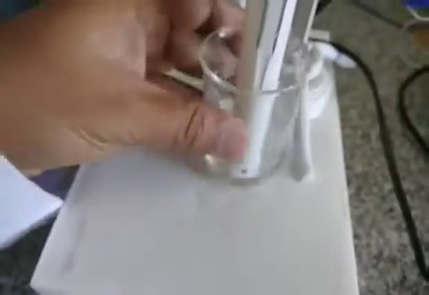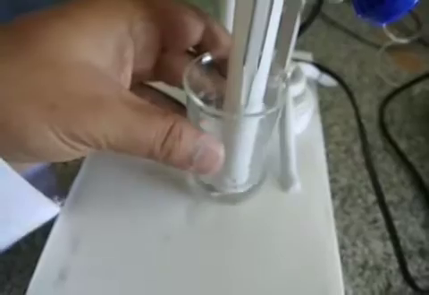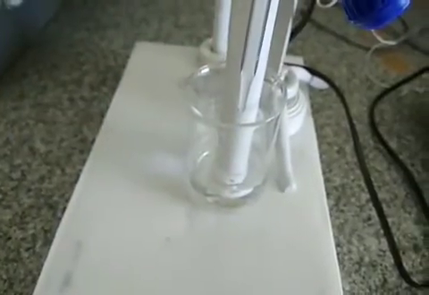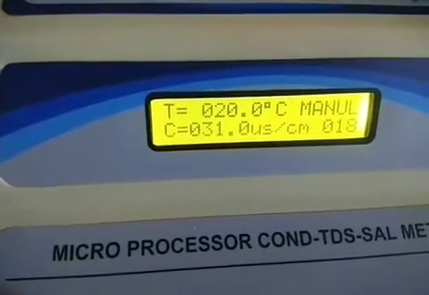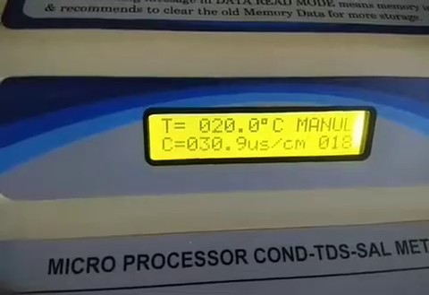Okay, so we have added 1 more ml, that is the third ml. So now we can go back. थोड़ा सा हम इसको shake करेंगे, थोड़ा सा stirring बोल लीजिए. So that it gets stabilized, and then let us go to the conductometer. So now it is fluctuating, but it has increased to 30.9.